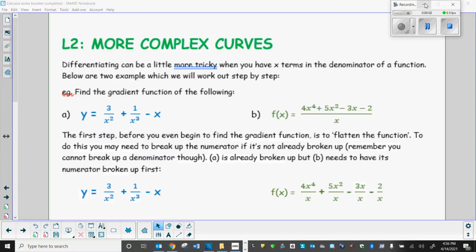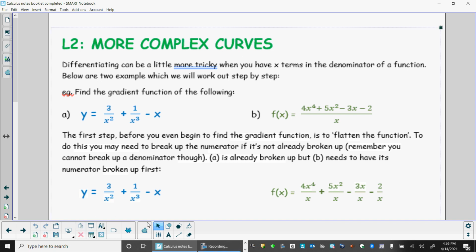Hey there, here's lesson L2, calculus, differential calculus that is, for this one, to do with more complex curves. So if you learn how to differentiate basic things, for example, you don't need to write this down,